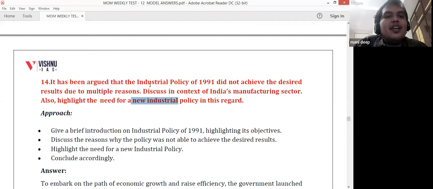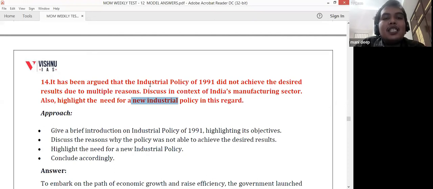Due to globalization, we are having competition with global players, so there will be more innovation in our country. Then we can get more technology from other countries. So we thought the industrial economy would be booming due to LPG reform, but the industrial sector did not boom as we expected. So we should establish this fact.